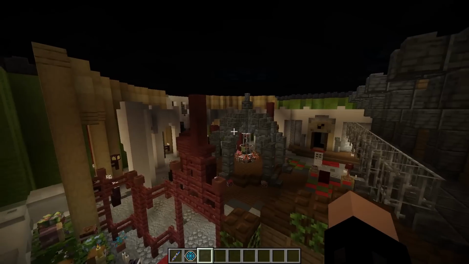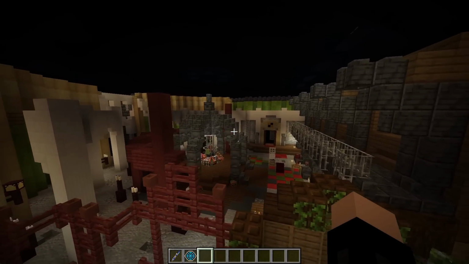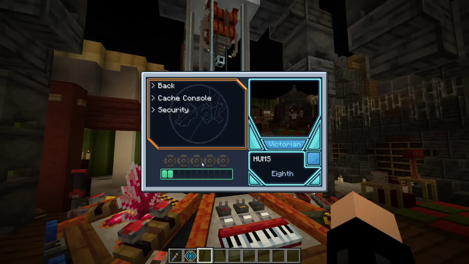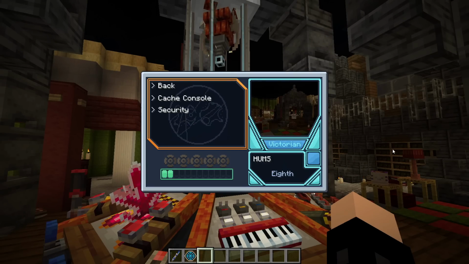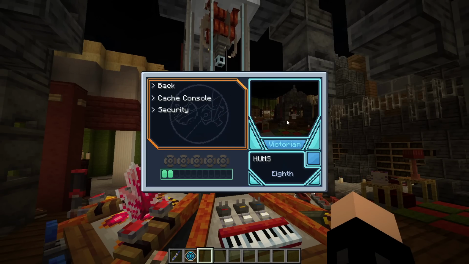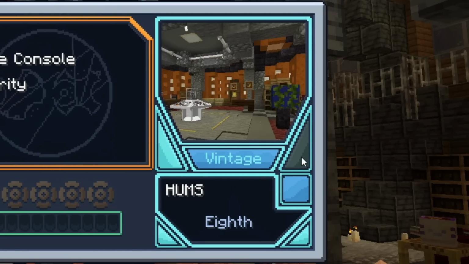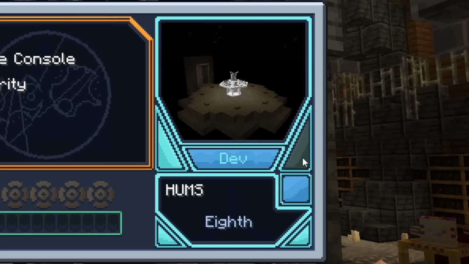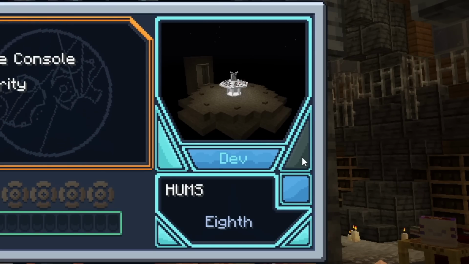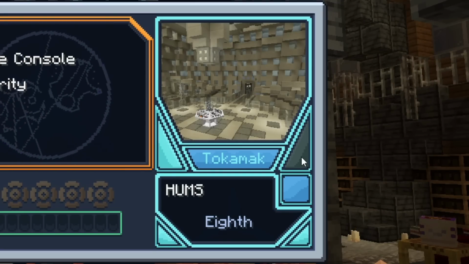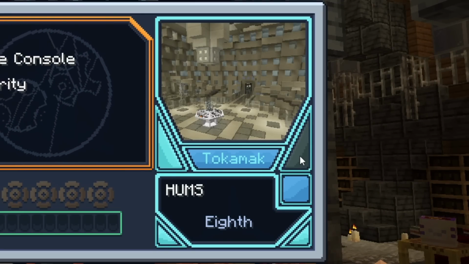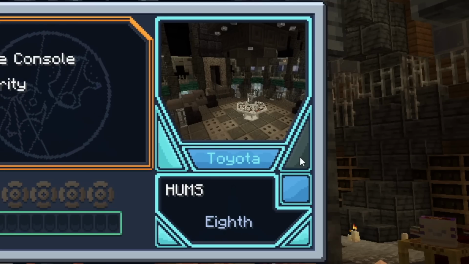It's some really nice ambience, and it really makes the TARDIS feel a lot more alive. And then finally, we've of course got the way to change your interior, and that's this right here. So this is the Victorian interior, the one we're in now, and then you can use these buttons to cycle through. We've got a vintage, a custom interior, a developer one, which is a bit like a sort of template one if you want to build your own, a Tokamak,